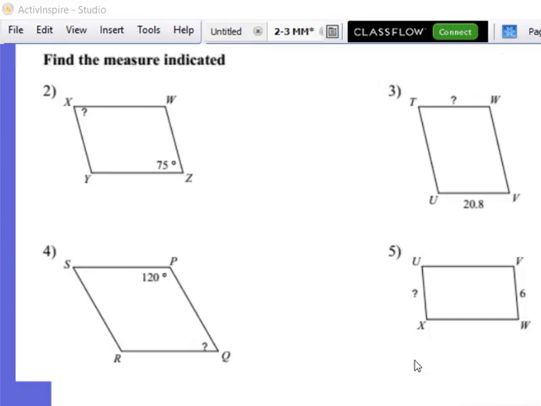So guys, this one's easy. Aren't these? No, you're thinking too hard. What do we know about this angle and this angle? They're equal, so question mark equals 75 degrees. Yep. Now, looking at